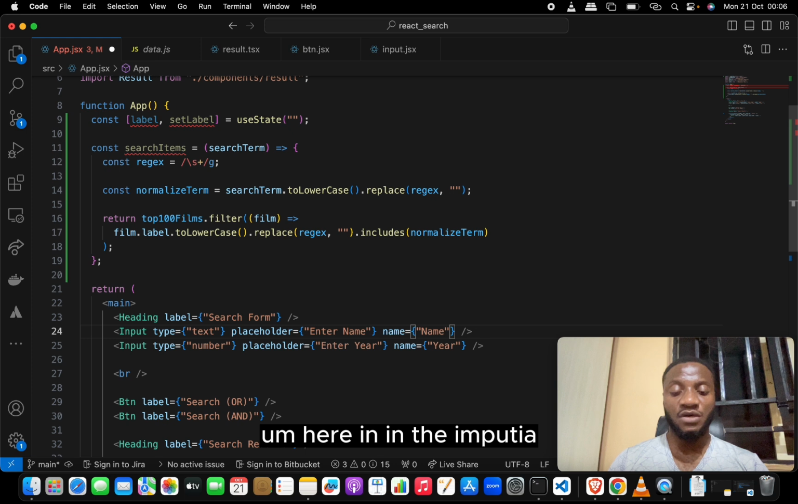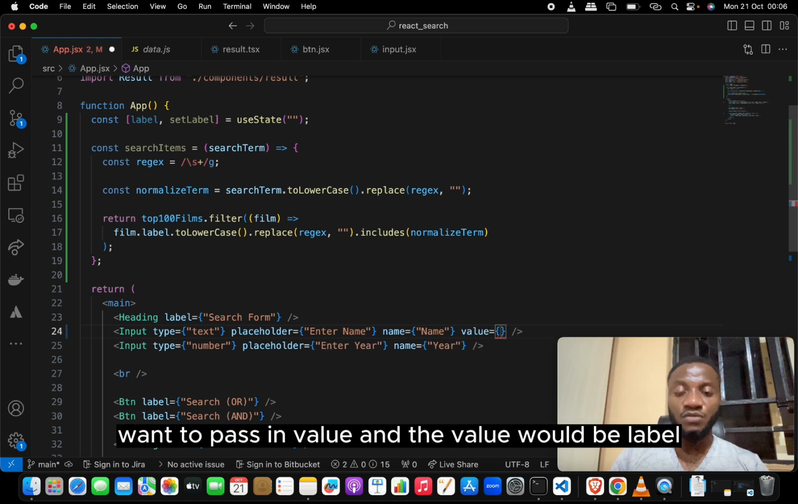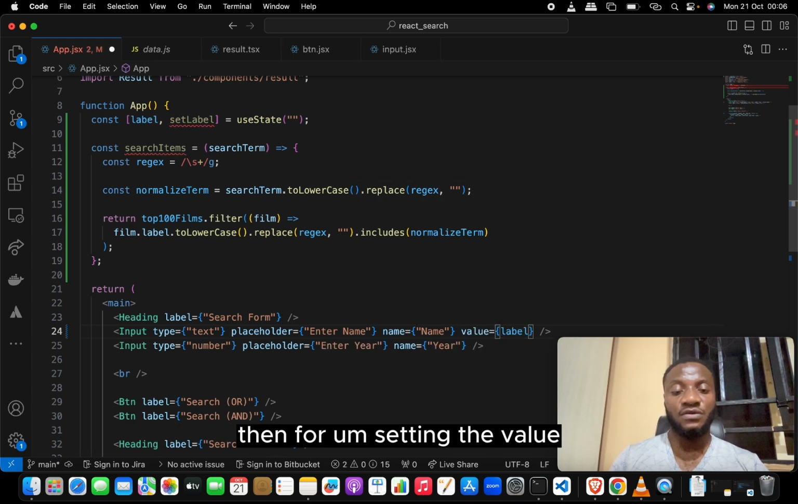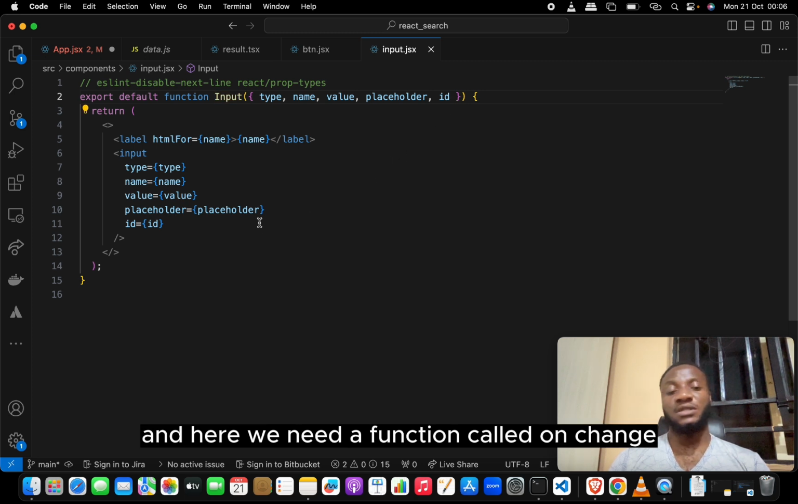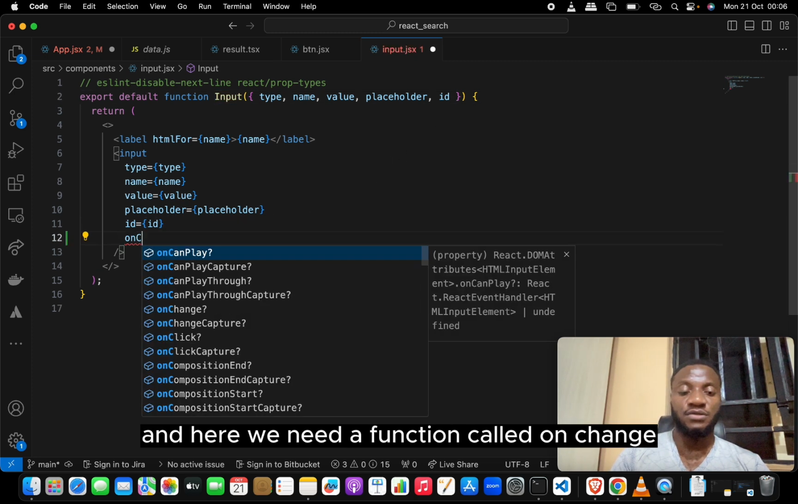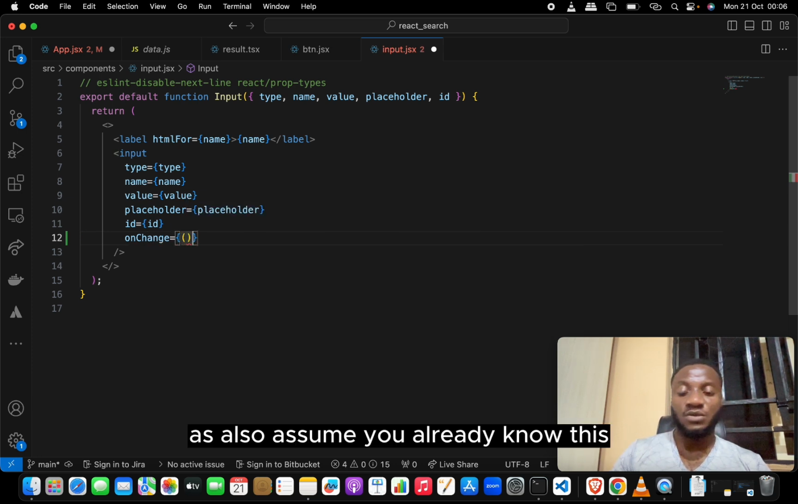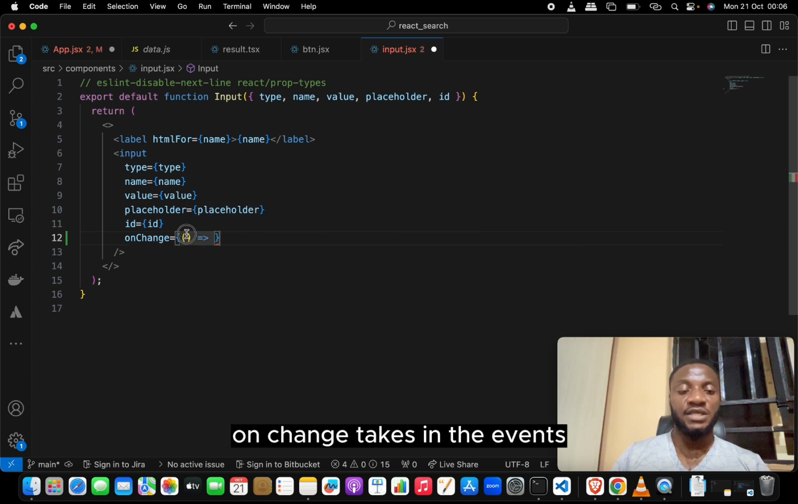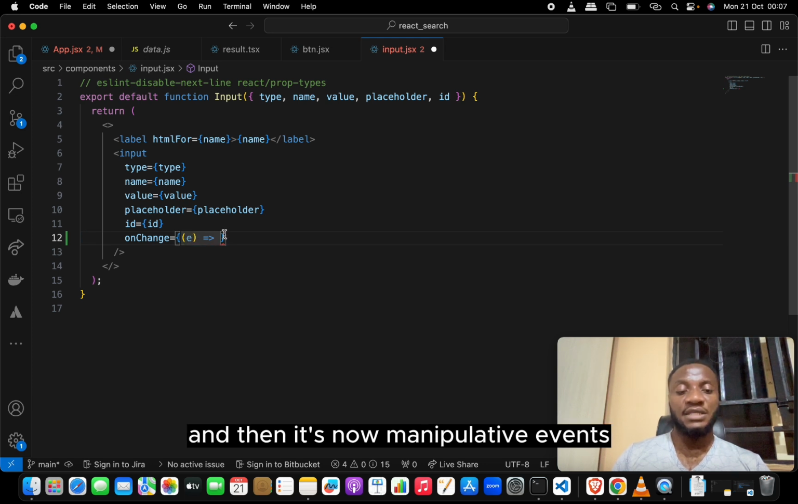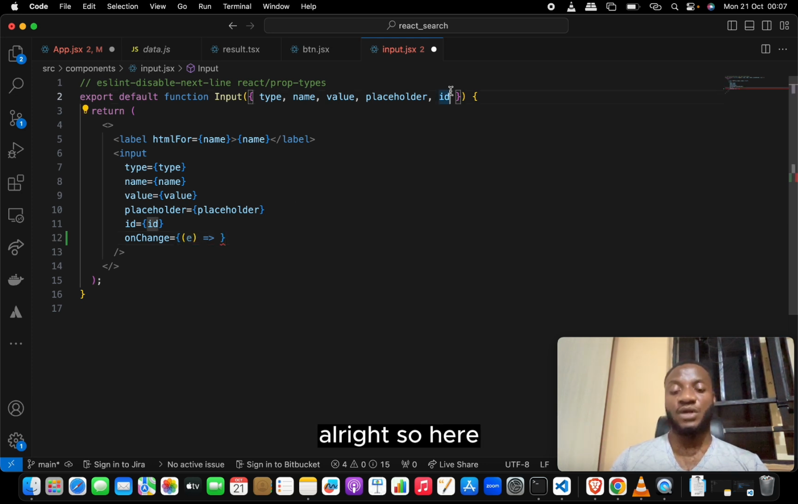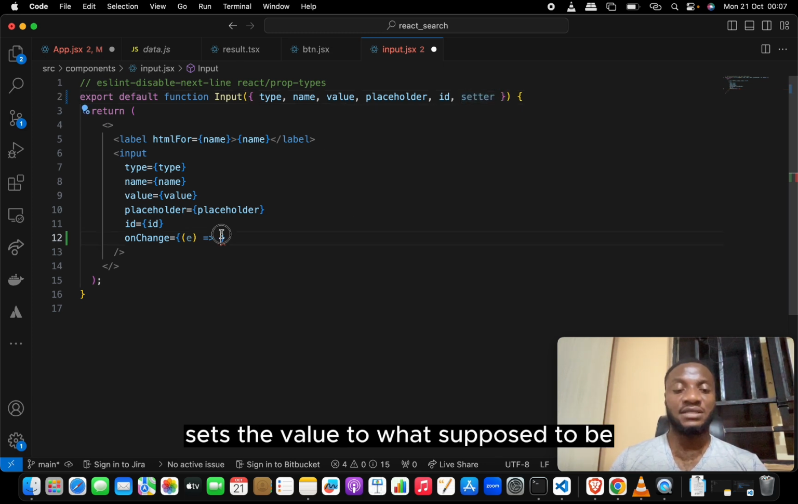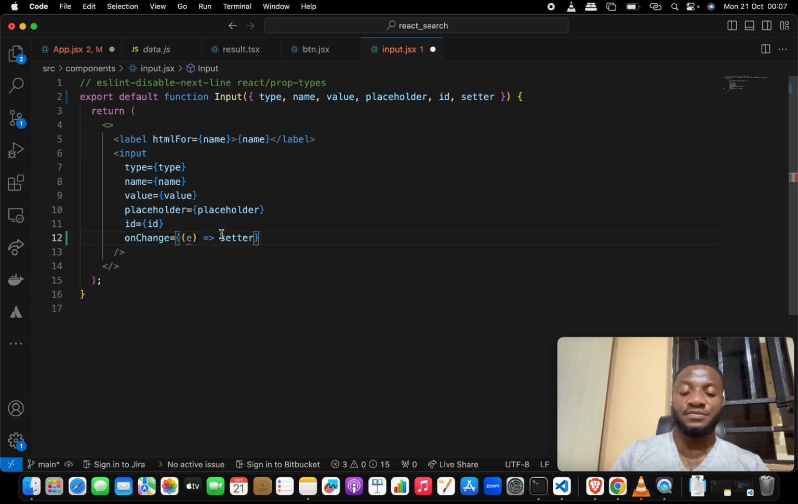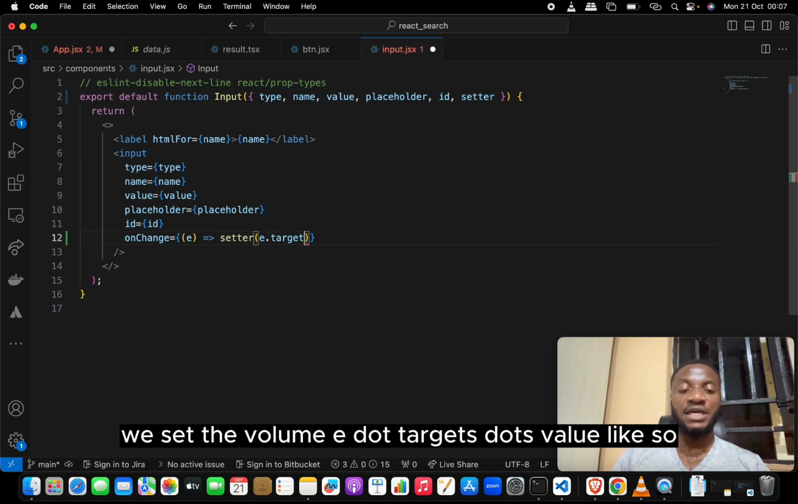Here in the input, we want to pass in value, and the value would be label. Then for setting the value, we didn't set up the props the last time, so let's open the input, and here we need a function called onChange. I also assume you already know this. So onChange takes in the event, and then it manipulates the event. Here we want to make sure that we tell it that we need a setter. This setter is what would set the value to what it's supposed to be. So setter will set the value e.target